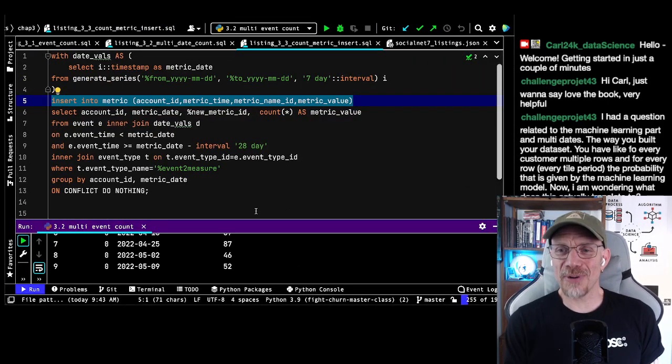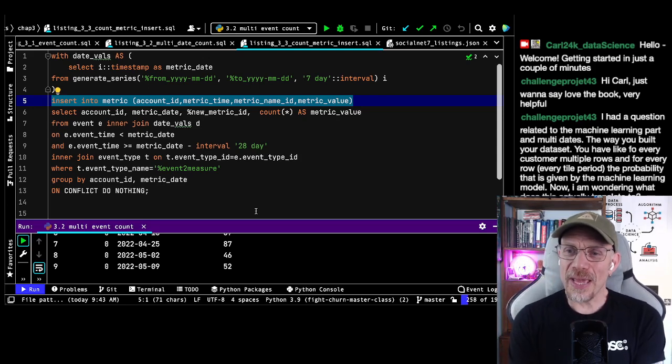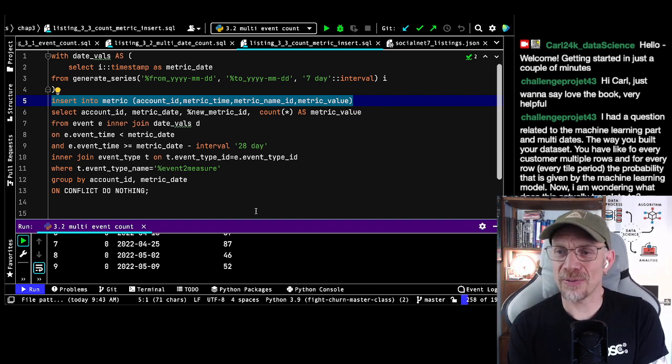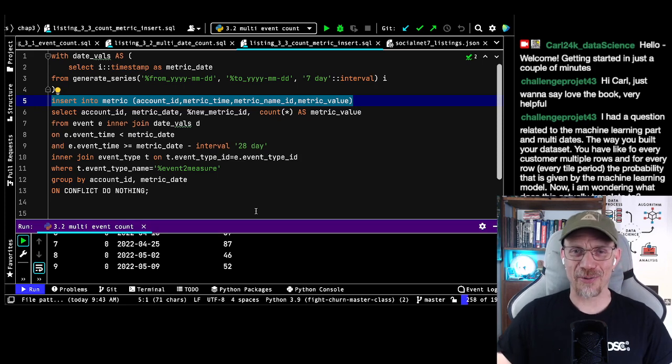Hey, actually, Challenge Project 43 had a question. We love questions. The way you built your data set, you'd like to have every customer in multiple rows, and for every row, the probability that is given by the machine learning model. Now I'm wondering, what does this actually translate to? Oh, wait a second. I have to read that question. That's long. Okay, for multiple dates,